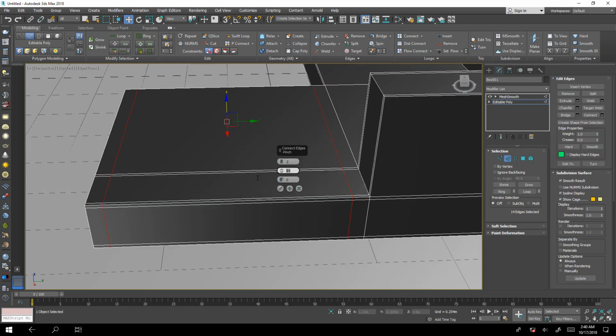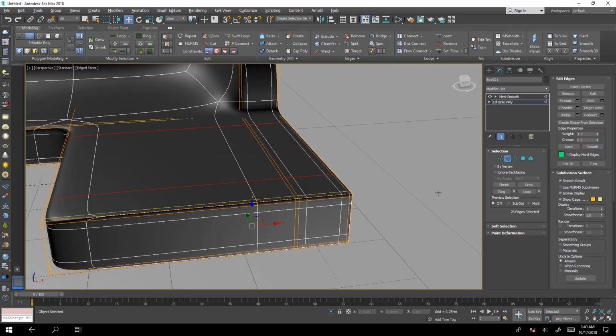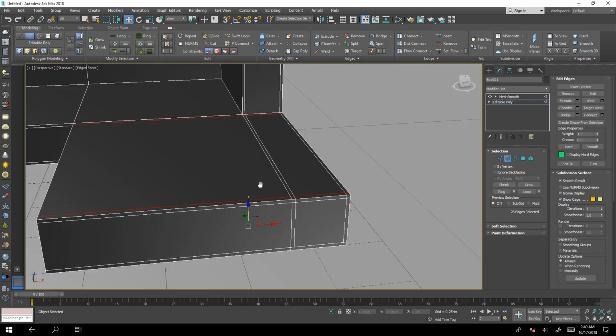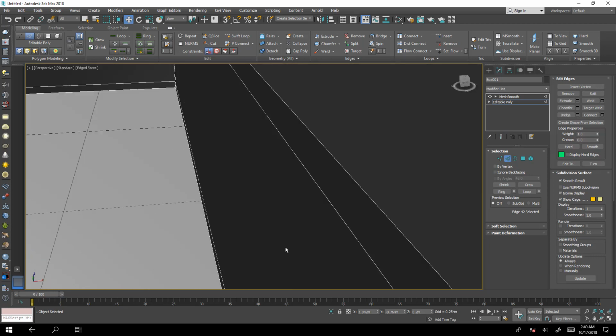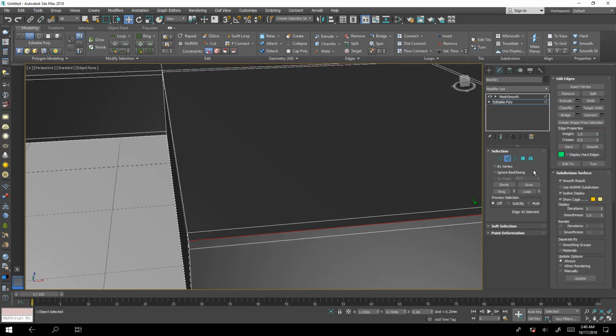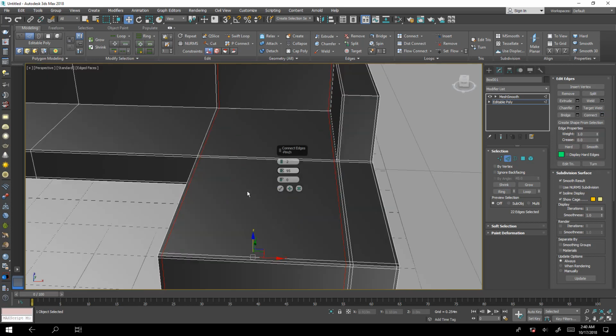Here maybe 95, and check this one, nice, and this one, because here I have this edge, I have one below, I will add one above. Ring, connect. I will repeat now this process,